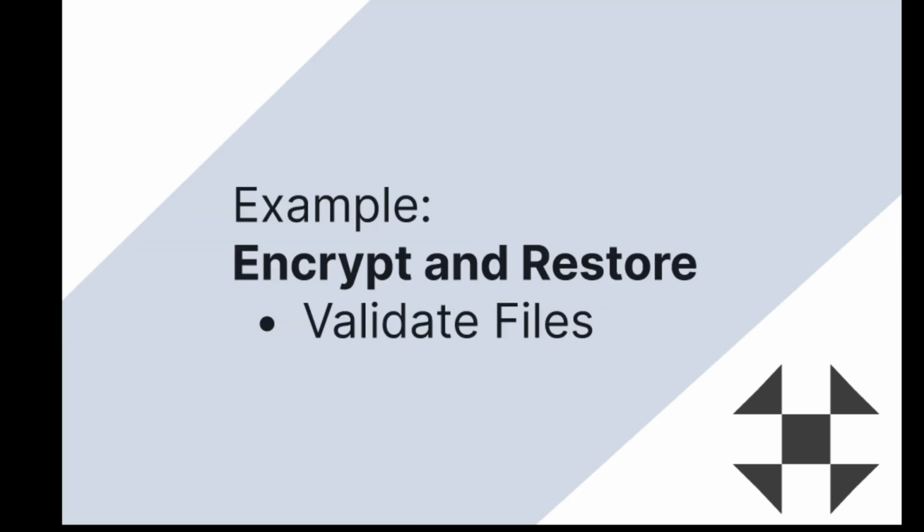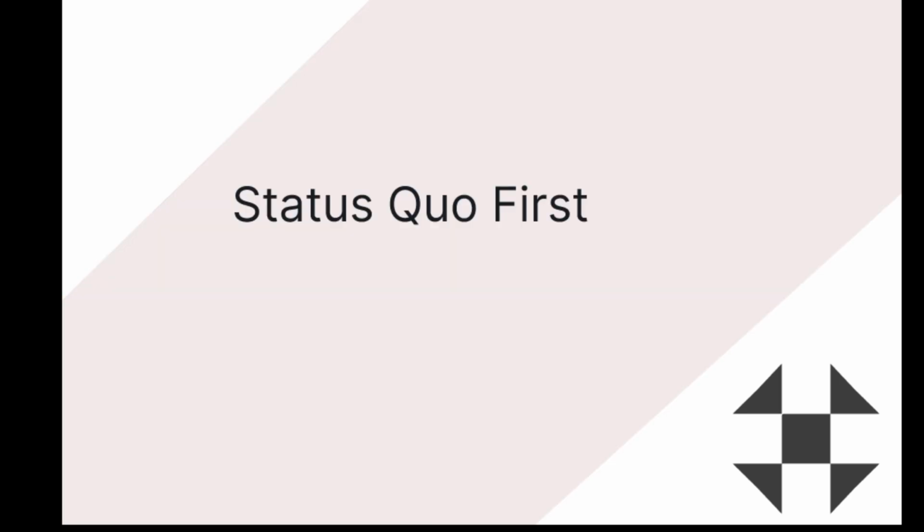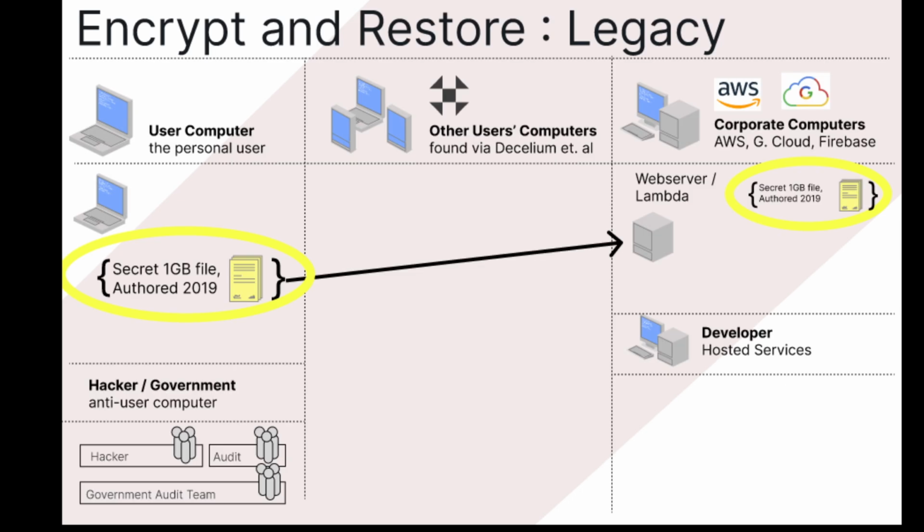So the example I'm going to go through is encrypting and restoring files. And I'm going to talk about the status quo first for each of these examples. So in the status quo, imagine you have a gigabyte file. It might be a video, something authored, let's say in 2019, and you want to upload that somewhere for secure storage. So the typical way this works in most web applications is you have to stream this